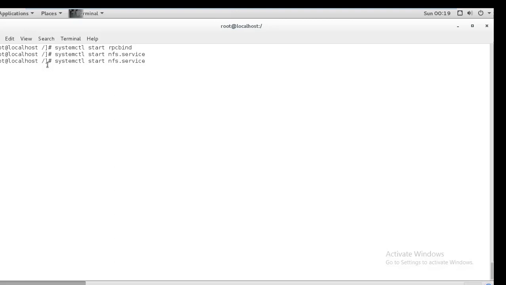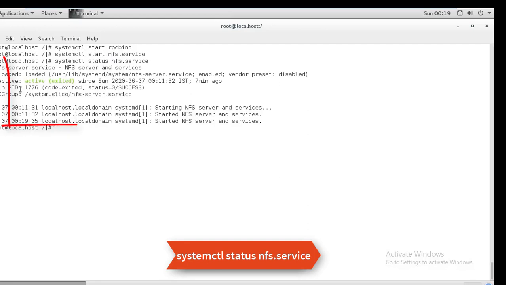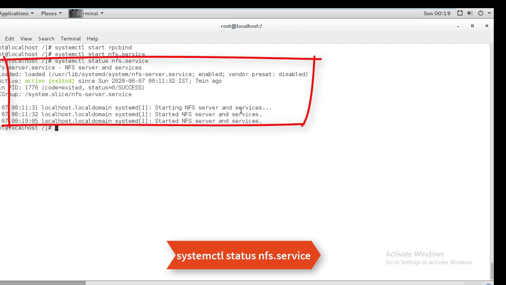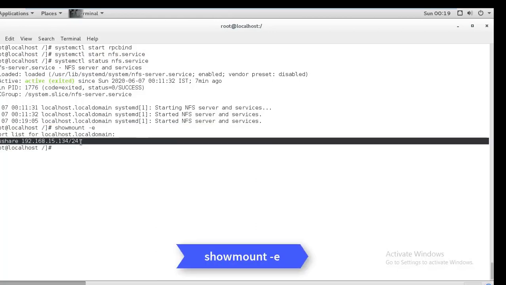Then next we have to check the status of whether the NFS service is started or not. Status. Now you can see here it is successfully started, activated. So with the help of the showmount command, our NFS server is created.